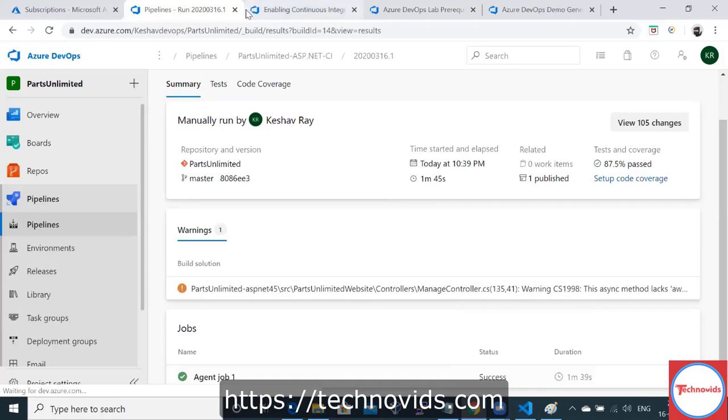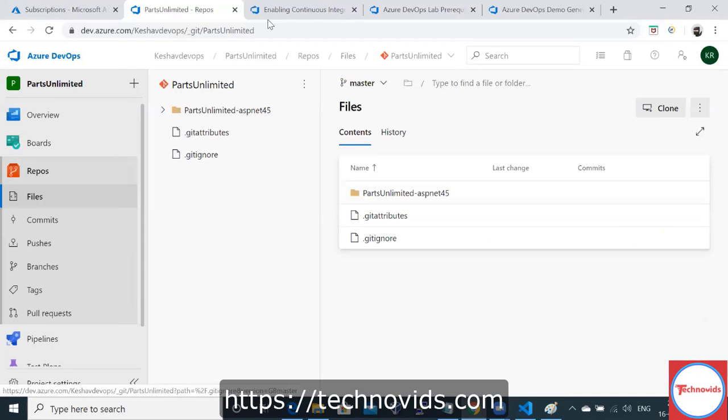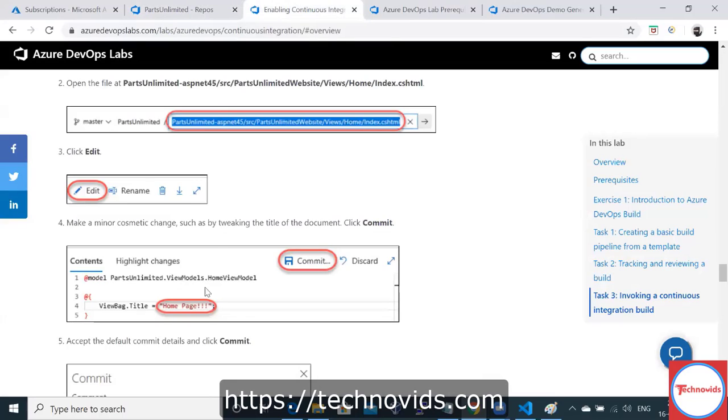Now what we will do, we will go ahead in repos, in files, and see which file we can change.